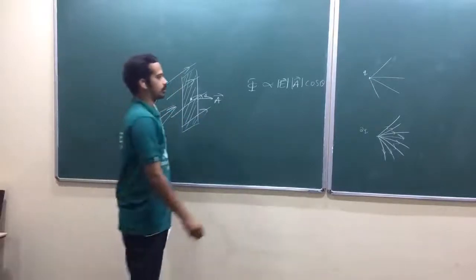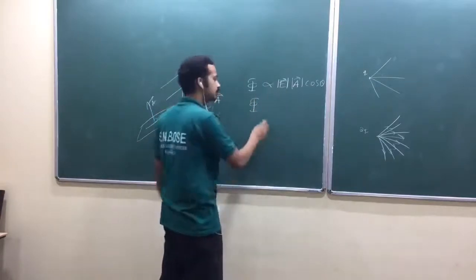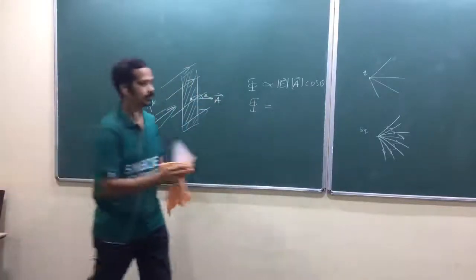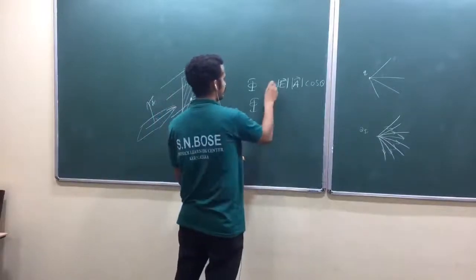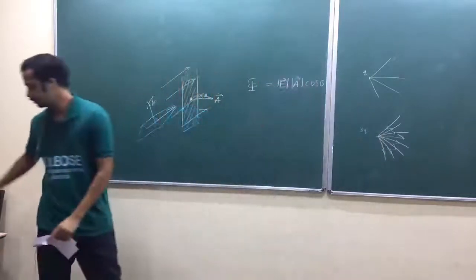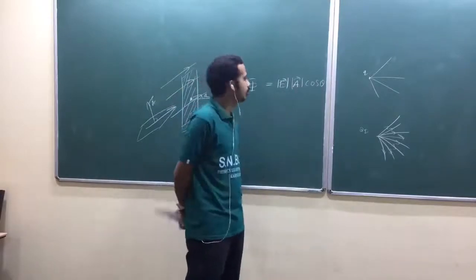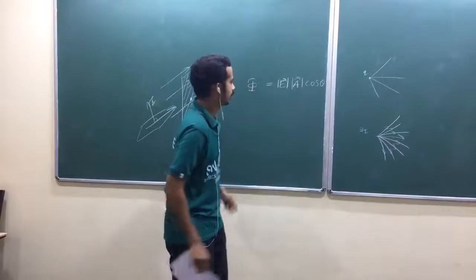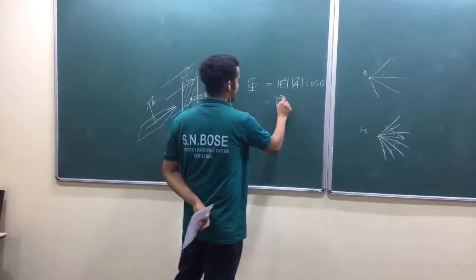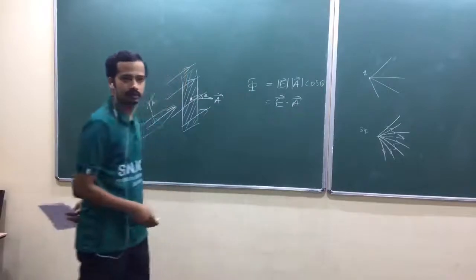So combiningly, what can I write now? We will not take any proportionality constant, we will make it equal. So actually I have to write flux equal to this one, okay? Then I have to quote that this is proportional to number of field lines passing through the area. Now look at here. So how do you write now here? E dot area vector for a planar area for a uniform field.